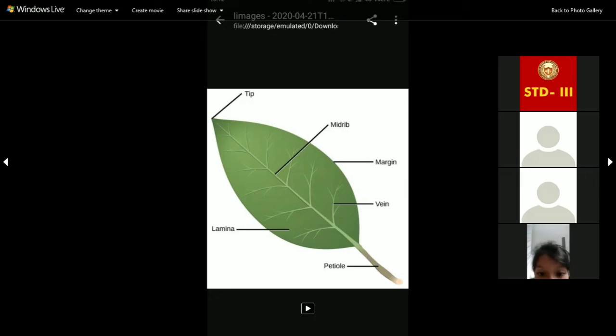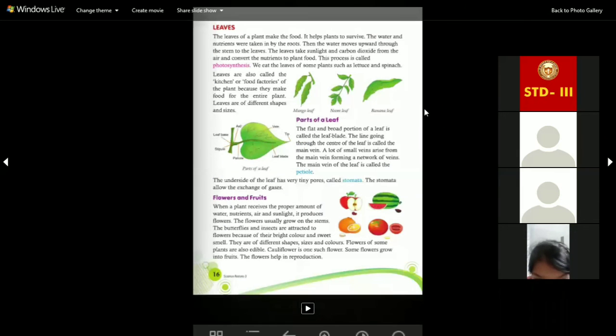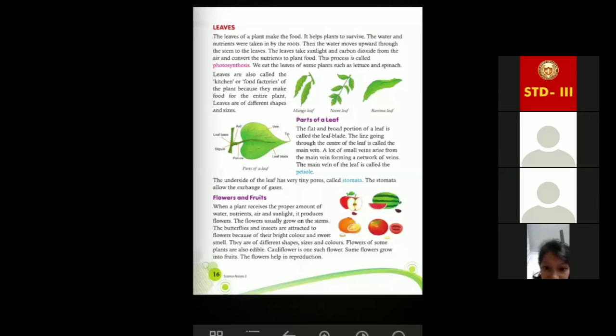Now let's go back to the page of your book. Here I'm also quickly reading what is written in your book. This is the page from your book, page number 16. So look at the portion, parts of a leaf. The flat and broad portion of a leaf is called the leaf blade. The line going through the center of the leaf is called the main vein or midrib. A lot of small veins arise from the main vein, forming a network of veins. The stalk of the leaf is called